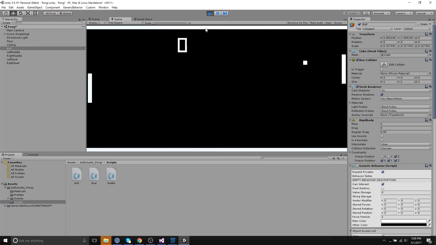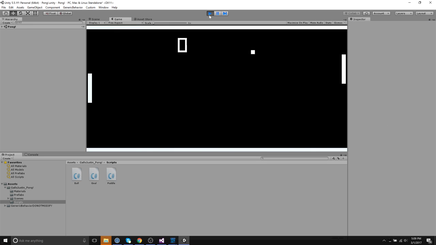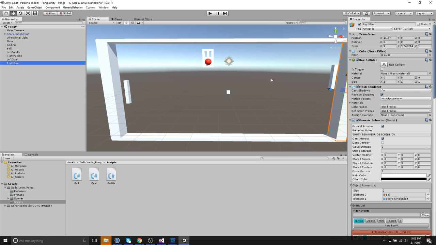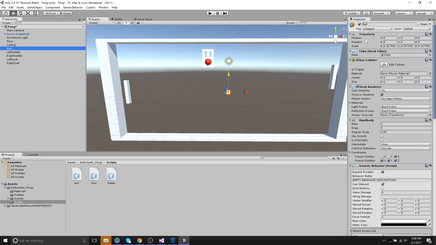And so this one works with generic behavior. And that did reset it. You could see that it reset the position of that. It just must not have liked the name of that object when doing that. So checking for the name. There's other things I could check for, like tag. Ball should have worked because the name is ball of this object. I don't know why it didn't work, but